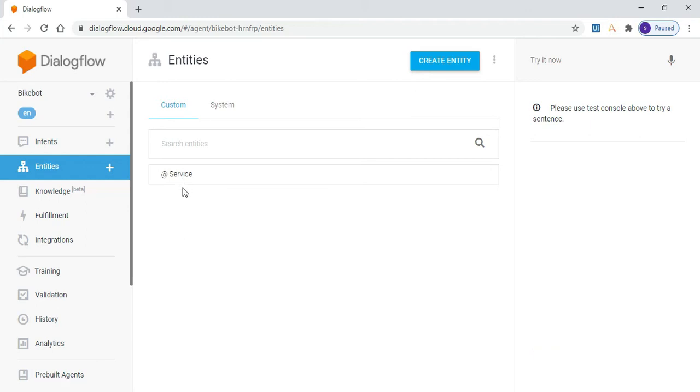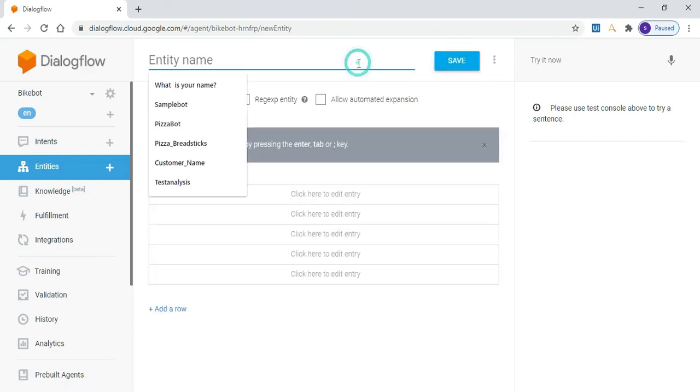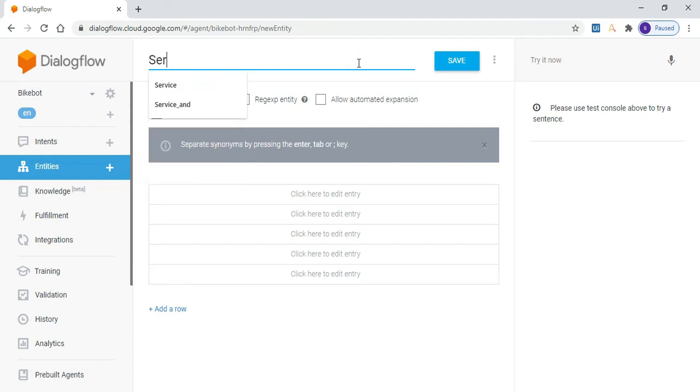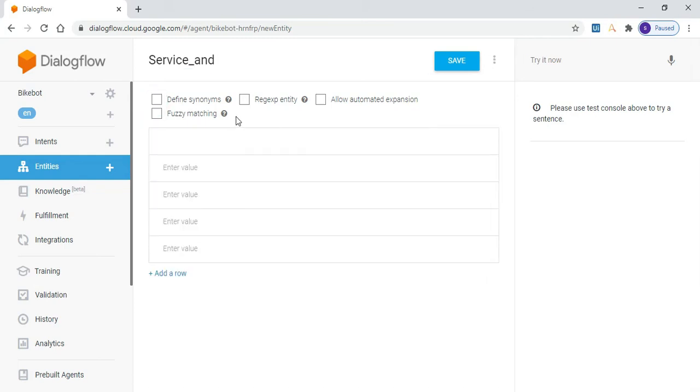Now I want to implement Boolean logic because the entity that we have created is for a single choice. Now let us create one more entity for multiple choice. So I'm going to enter here as service and uncheck the define synonyms checkbox. Now I'm going to enter some values here. So it will be @service:service1.